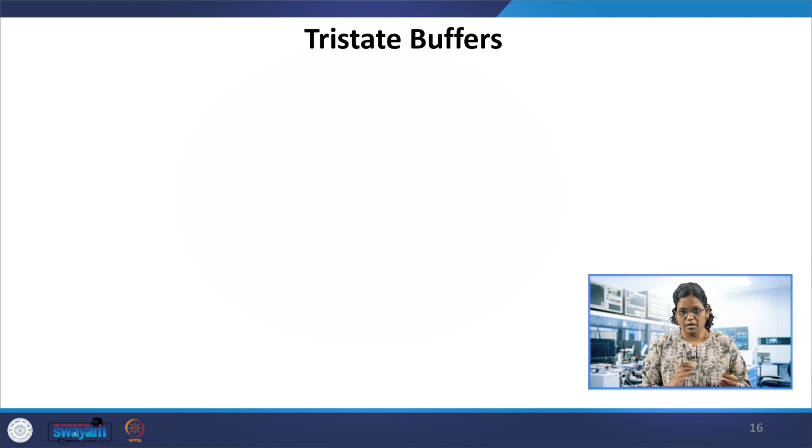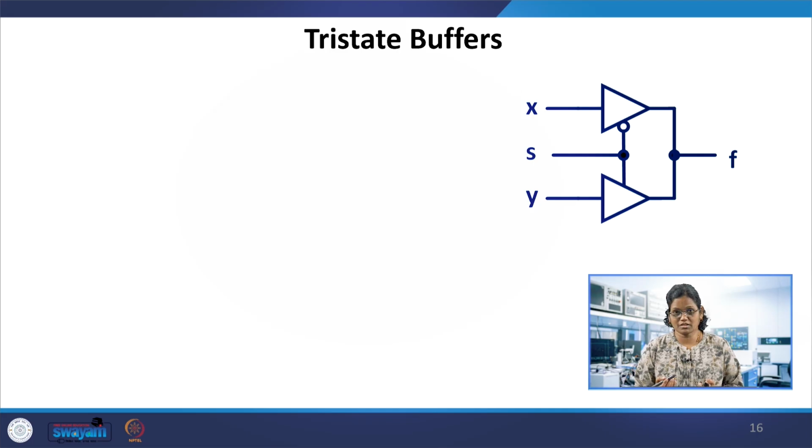So buff if 0, buff if 1, not if 0, not if 1 are the gates which consider the high impedance also in the output. So it is not only don't care, it can have 0, 1, don't care, as well as the high impedance state. So now instantiating this tri-state buffer with an example. Taking this 2 to 1 mux, for a simple example, we had used logic gates, simply the AND, OR and NOT gates.